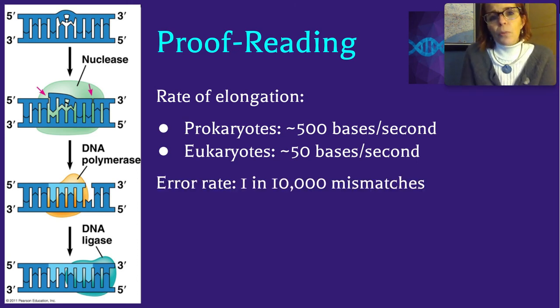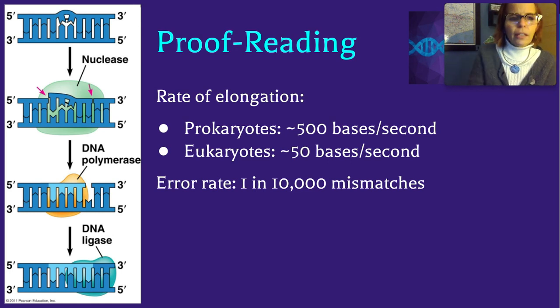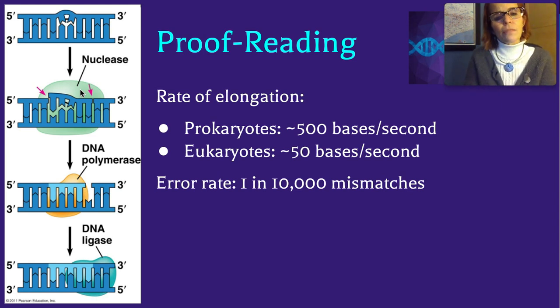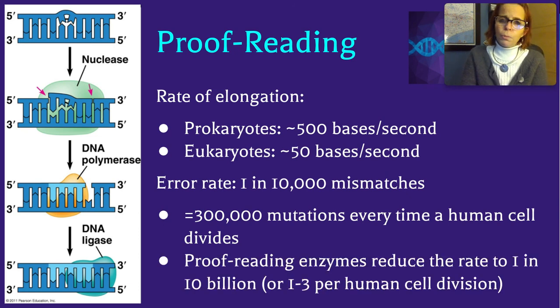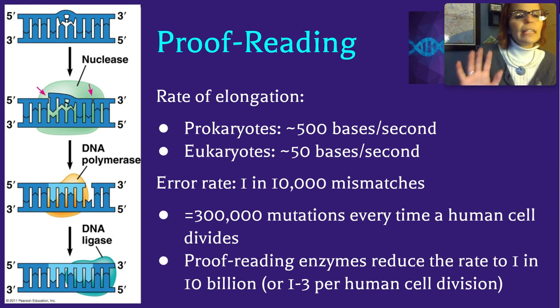So what's their error rate? How often do they make a mistake? And you can take a look at a mistake up here where there's two that bonded together and they're not bonded correctly. So the error rate is quite high, actually. It's about 1 in every 10,000 mismatches, which you're like, well, that's not very many. However, you have 3 billion letters in your DNA, so that means about 300,000 mutations every time a human cell divides. That's super problematic. So we have these proofreading enzymes whose job it is to identify